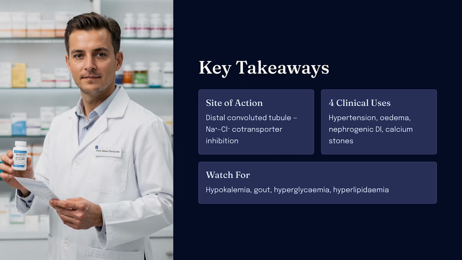Key takeaways. Before we conclude, let us quickly revise the most important examination points about thiazide diuretics. First, the site of action is the distal convoluted tubule, where thiazides inhibit the sodium chloride cotransporter, producing natriuresis and lowering blood pressure. Next, remember the 4 clinical uses. They are first-line drugs for hypertension, useful in edema, effective in nephrogenic diabetes insipidus, and help prevent recurrent calcium stones